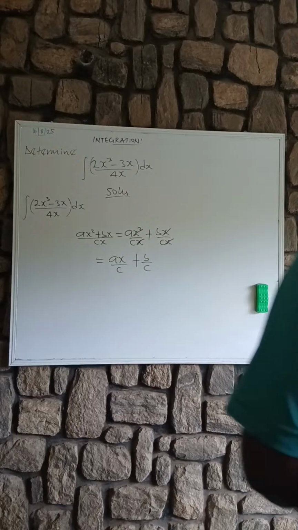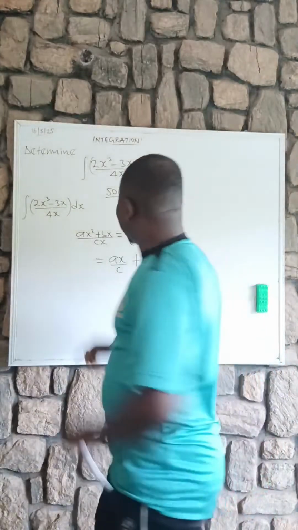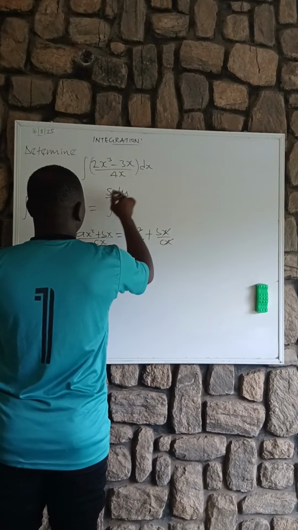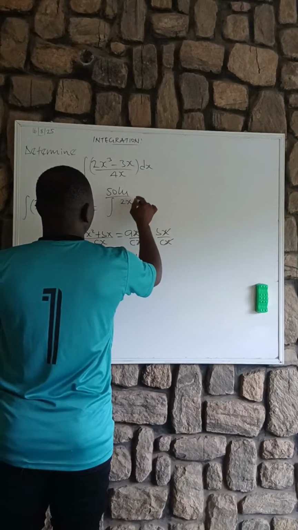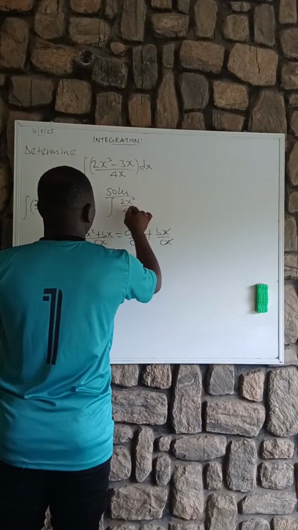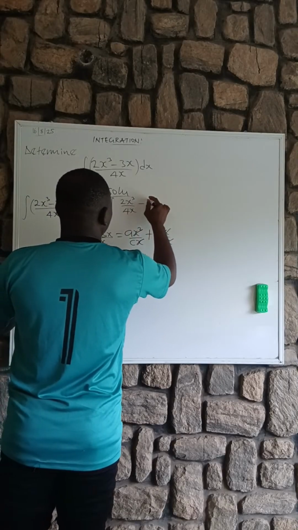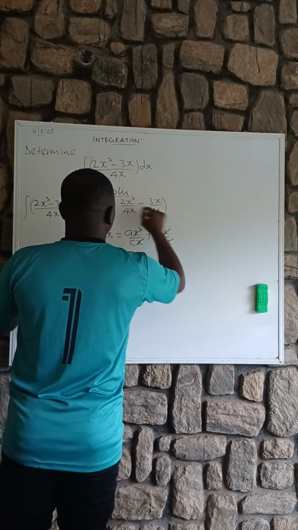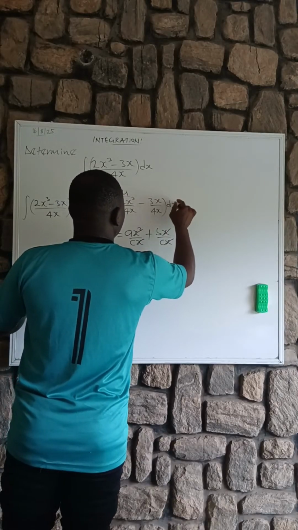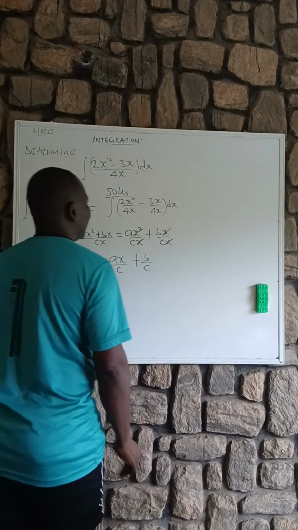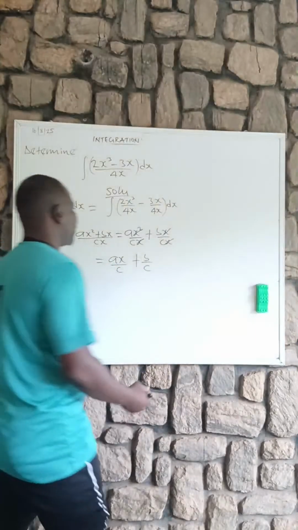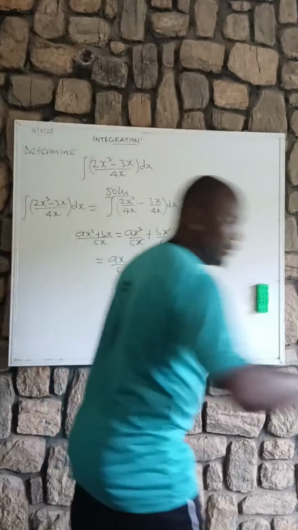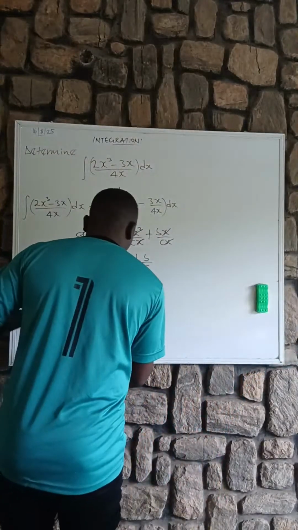This implies that this is the same thing as integral 2x raised to power 3 all over 4x minus 3x all over 4x dx. True or false? It's true. So if you agree with me, if you can see what I am saying,